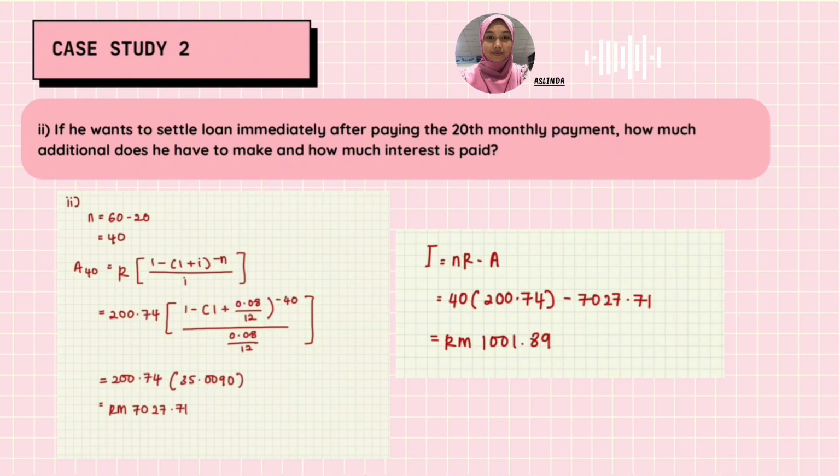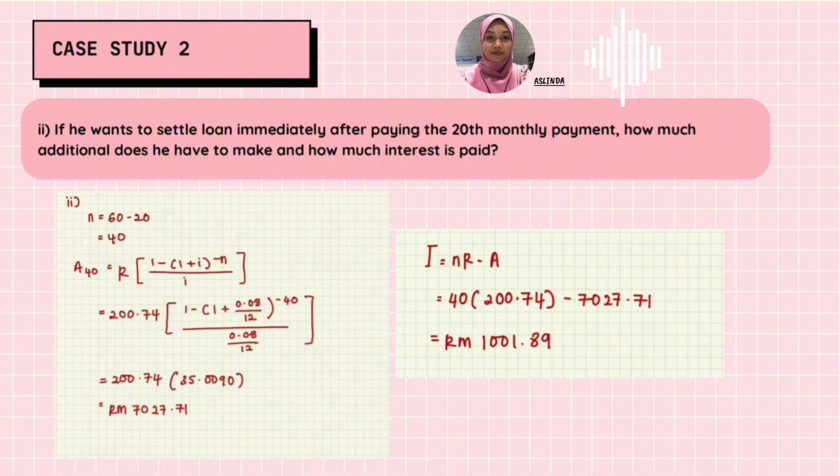A = R[1 - (1 + 8%/12)^-40]/(8%/12). Equal to 274% multiplied by 35.0090, and calculate the answer. We can get RM